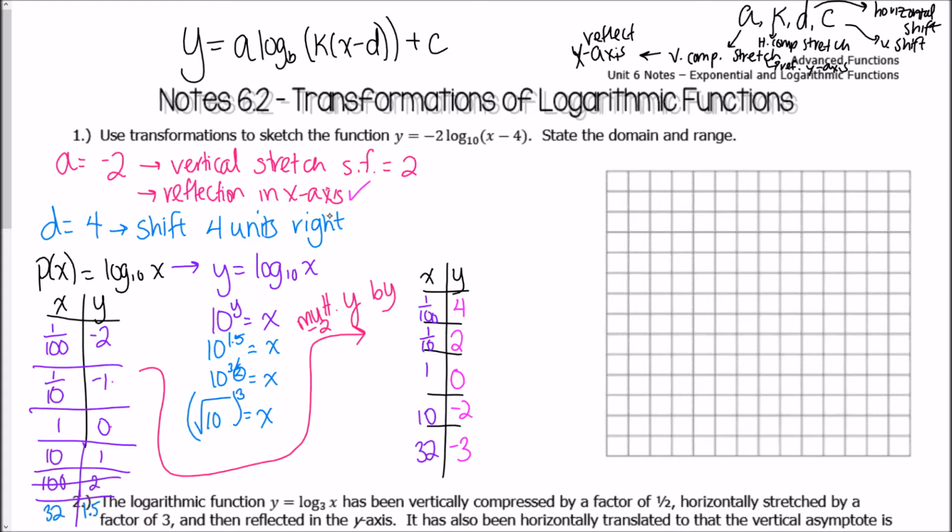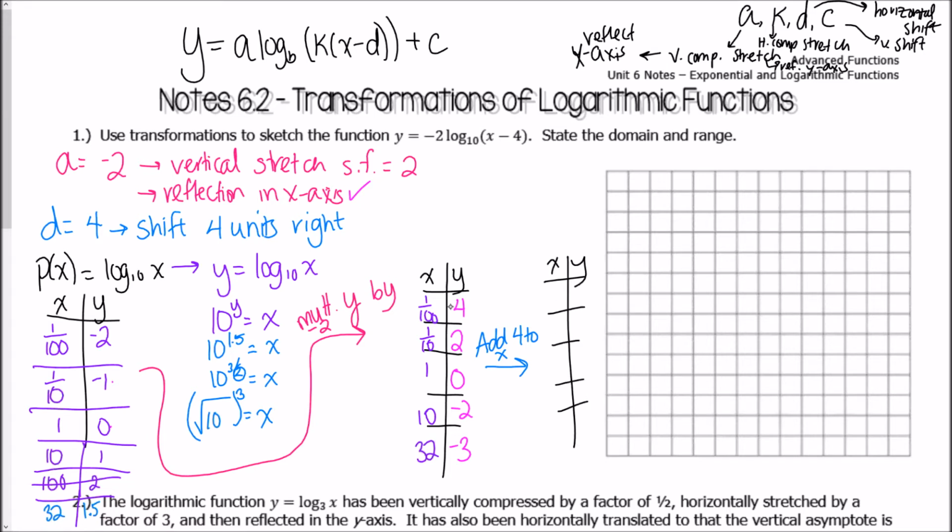Now the D value says that we're going 4 units to the right, so I'm going to add 4 units to every single one of my values here, to every one of my x values. So add 4 to x, and when I do that right here,